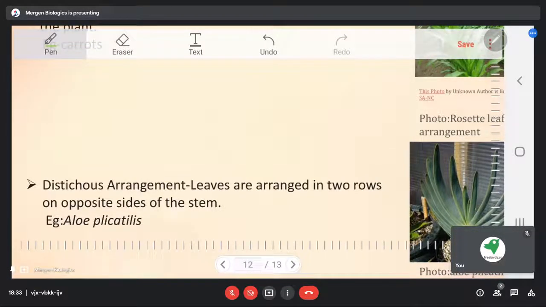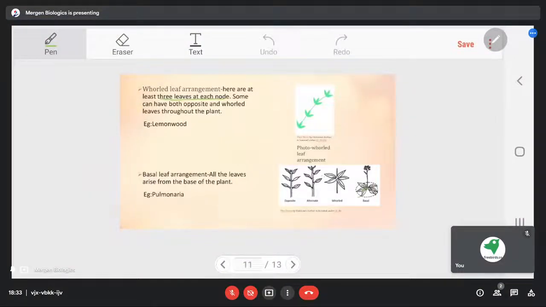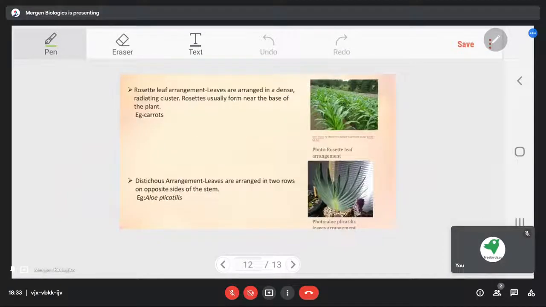So this is all about the arrangement of the different parts of the flower and the arrangement of leaves also. Different taxonomists have different views on this leaf arrangement, but this is the basic that we have studied in our classes also. So you can get a basic idea of how flower parts are arranged, how leaves are arranged.